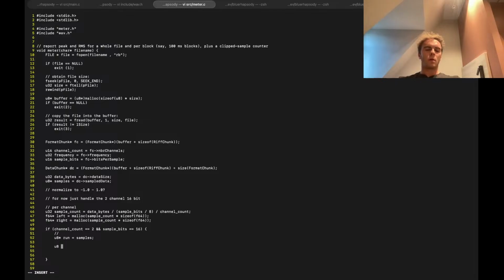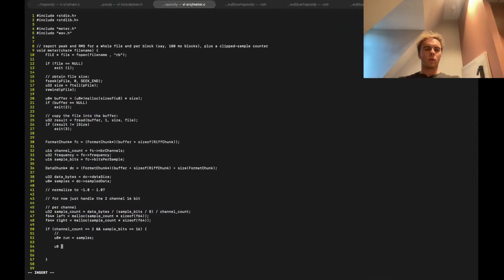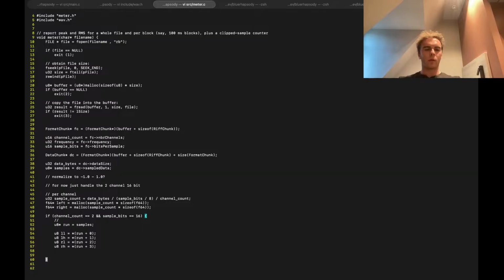U8 left low is equal to run plus 0. It's going to be left high, right low, right high, like that. Okay, that's pretty easy. Now we just need to do left is equal to